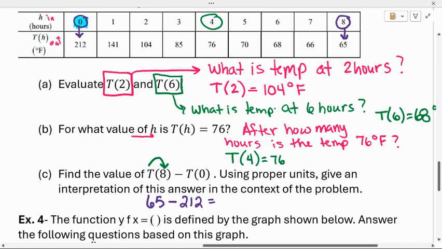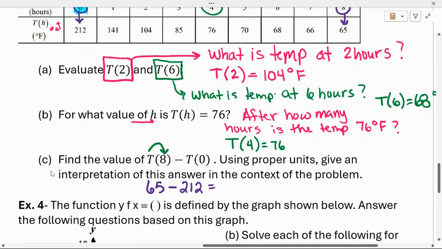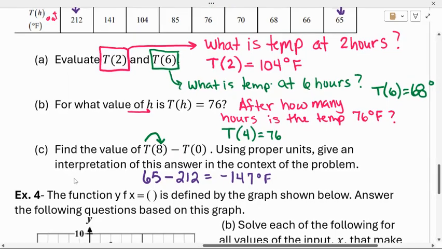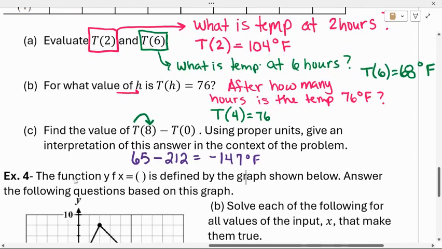So what is 65 minus 212? 65 minus 212. You can use your calculator. Negative 147 degrees Fahrenheit. So it says use appropriate units and give interpretation of this answer in terms of the